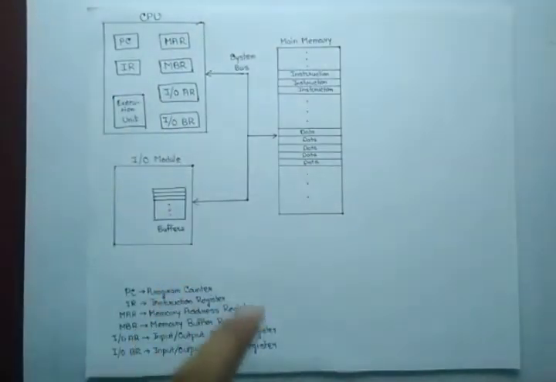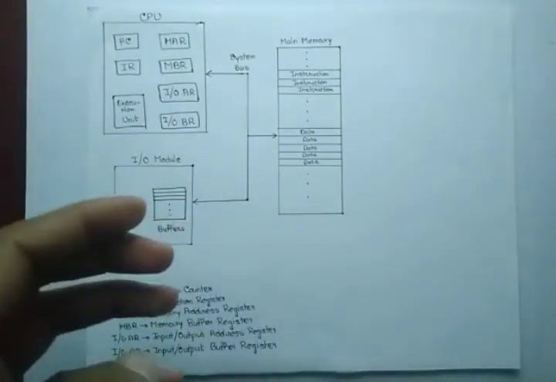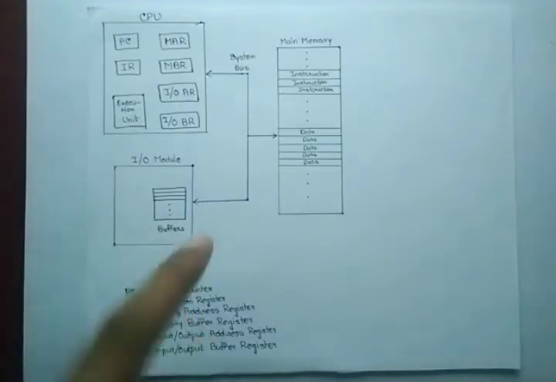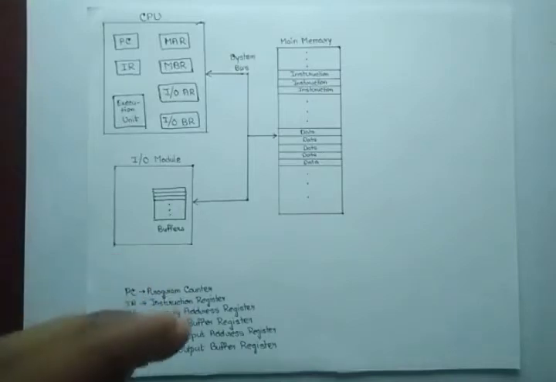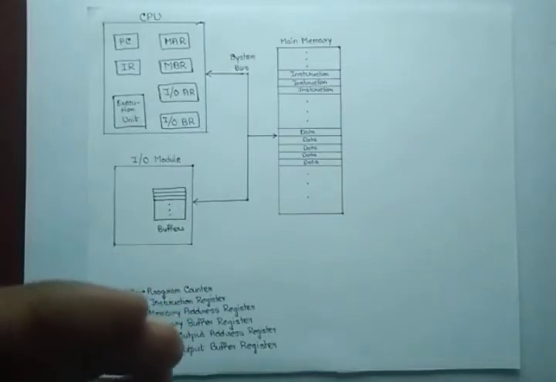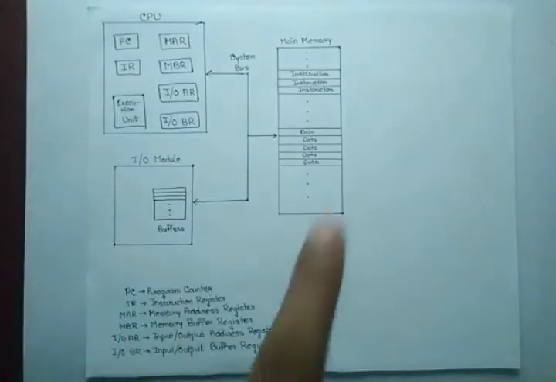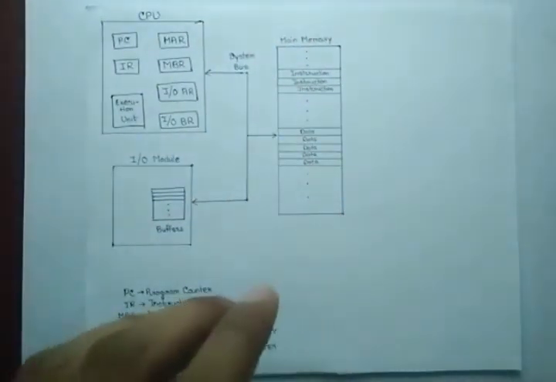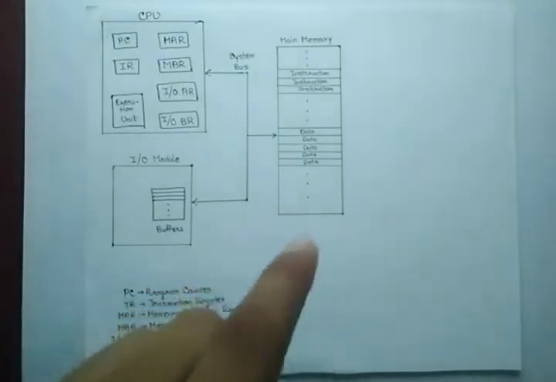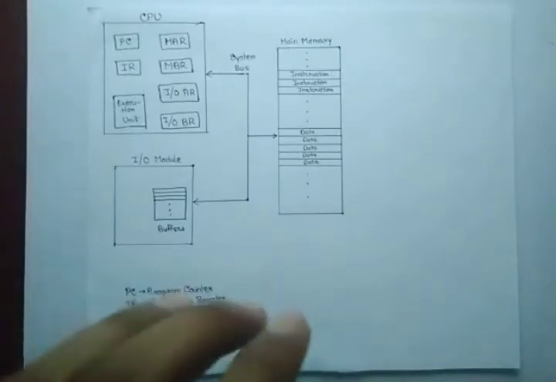As you can see, this is the diagram which is showing you the basic components of a computer system. Here we have the CPU, which is the central processing unit, the brain of a computer system. Then we have the IO module. It controls the IO devices through which we provide input to the computer and get output from the computer. And then we have the main memory, which is nothing but the RAM of a computer system. Its job is to store things in it while the execution is being done.